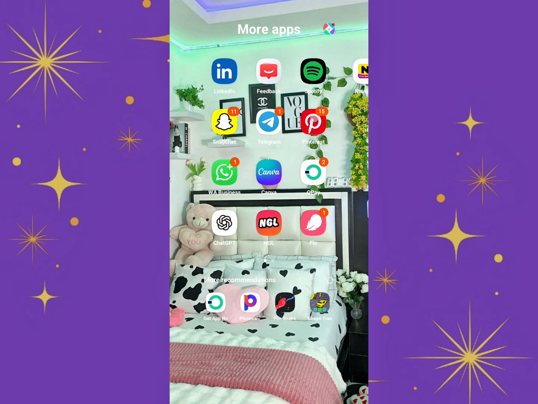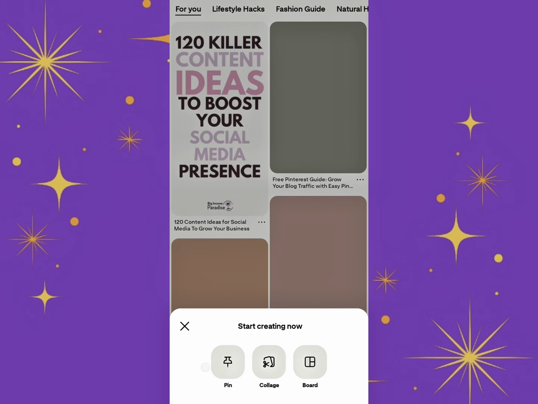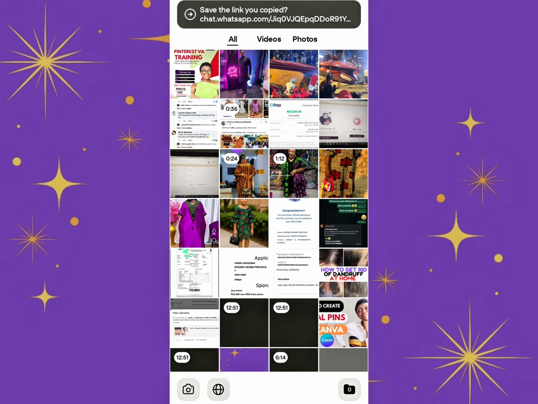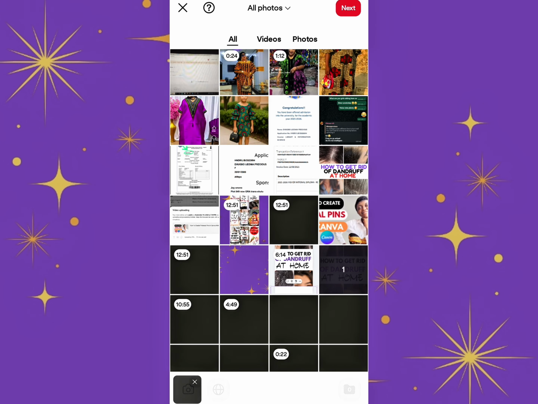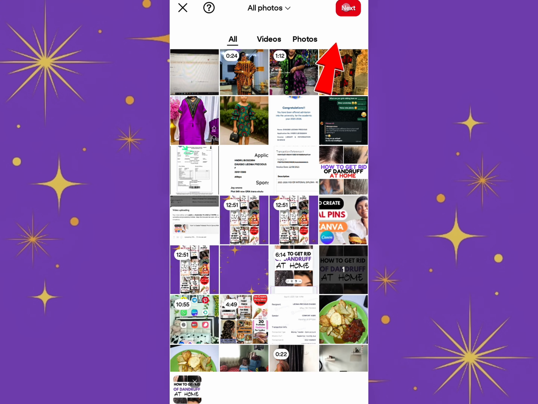So let's go to our Pinterest app. Once you open your Pinterest app, this is how it's going to look. The next thing you're going to do is to click on the plus icon down here and click on pin. And once you click on pin, the next thing you're going to do is to select the pin you want to post. This was the previous pin we designed, and this is the pin we are going to be working with. Once you click on the pin, you click on next,